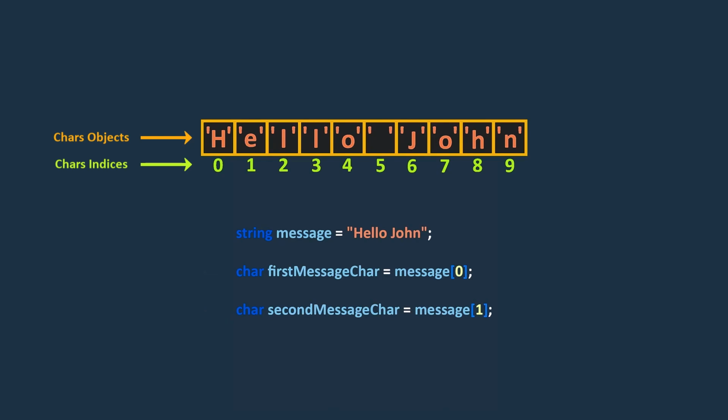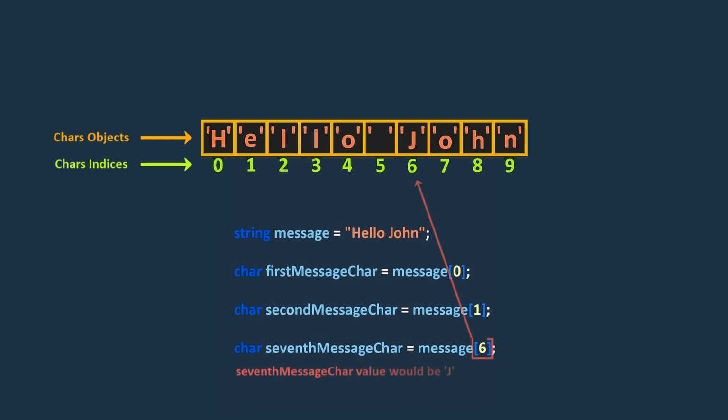Alright. What exactly happened here, and what do these statements mean? Since a string is essentially an array of char objects, each character within the string has its own index. So, by using square brackets with an index value, we can directly access individual characters or char objects within the string. According to this, we can access any character of this string by its index using the chars property. For example, here, we access the 7th character of the message variable, which is uppercase letter J, using its index, which is 6.